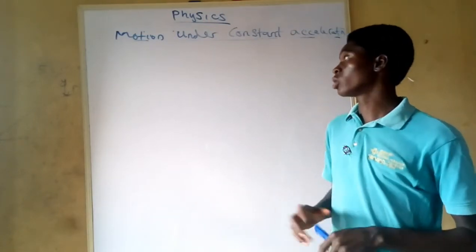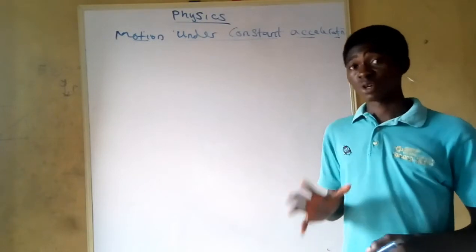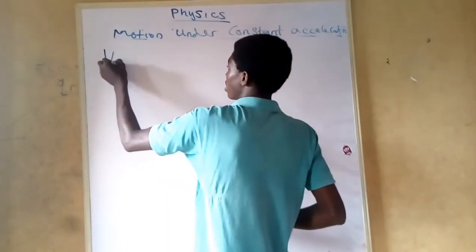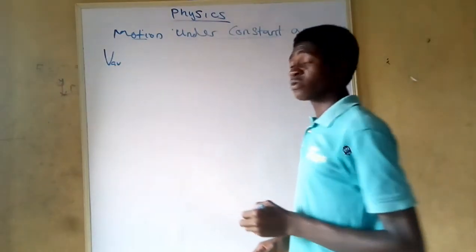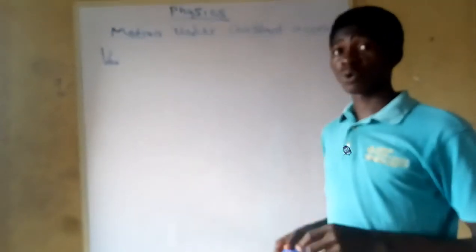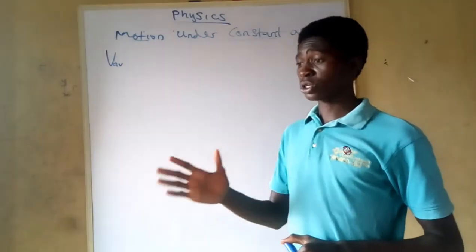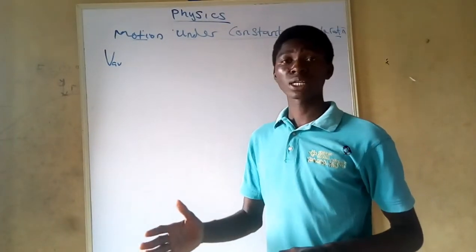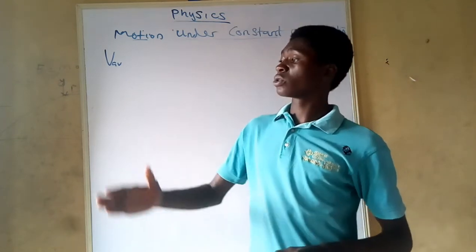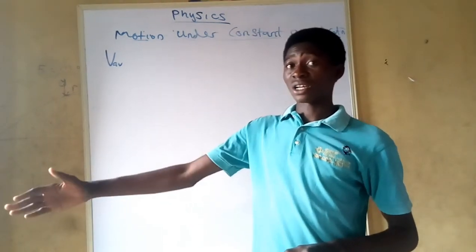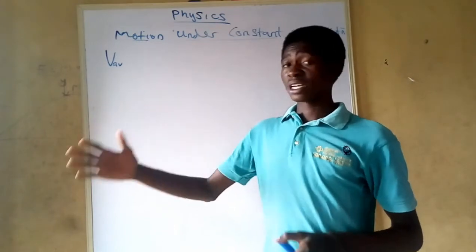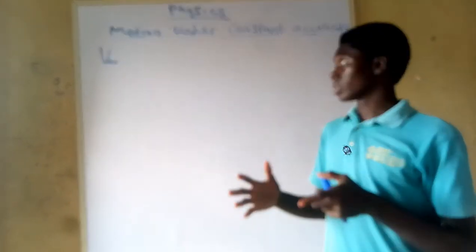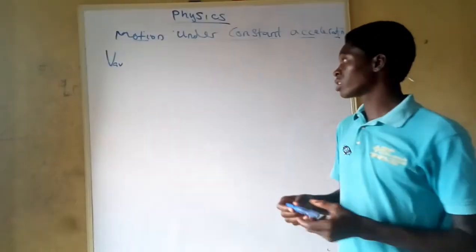end of this video. We have to know about average velocity. I'll call it V average. Average velocity: if you are studying the motion of a car, and you take the velocity at a particular instant in time, and then you take another velocity at another instant, then you take the average of it. That is what gives us average velocity.